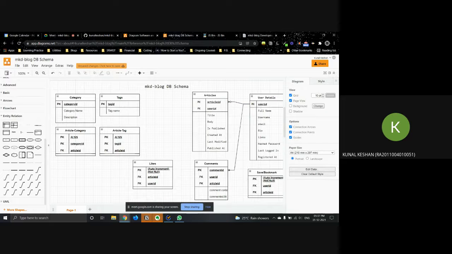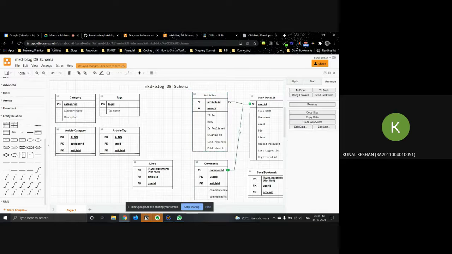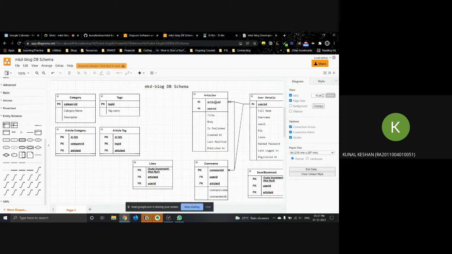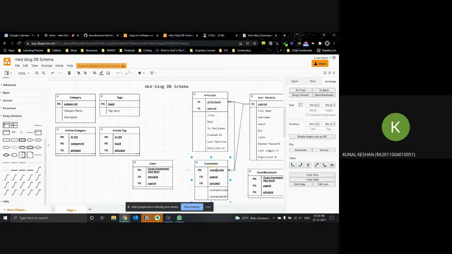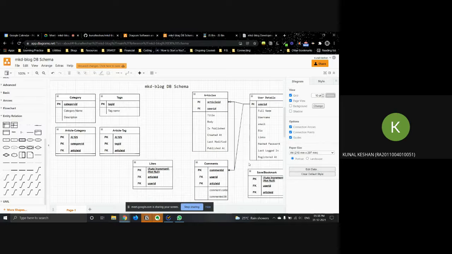And similarly, every comment is associated with a particular article, but one article can have many comments. In the same way, let's just copy paste this. It's a one to many again. So an article ID can have many comments here, but each comment is in relationship only to one article. So it's a one to many relationship over here as well.